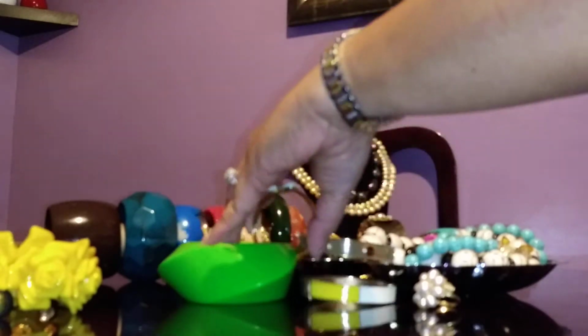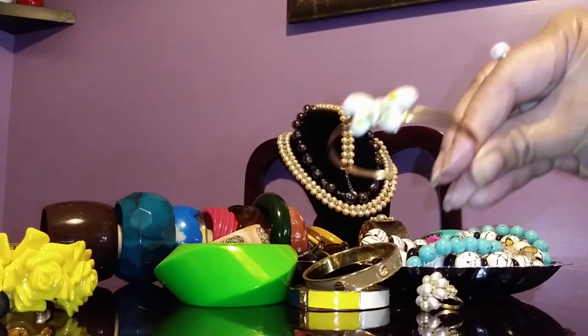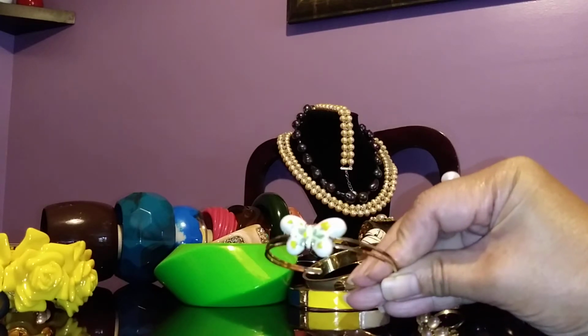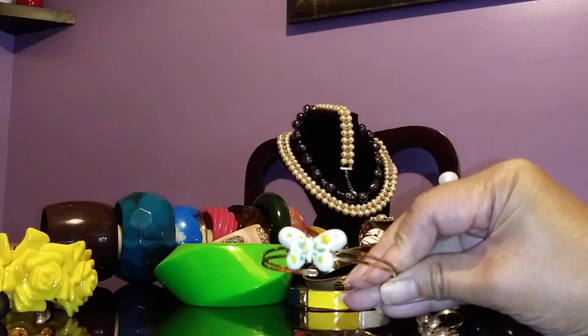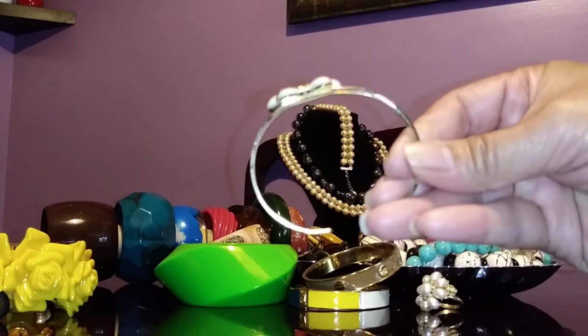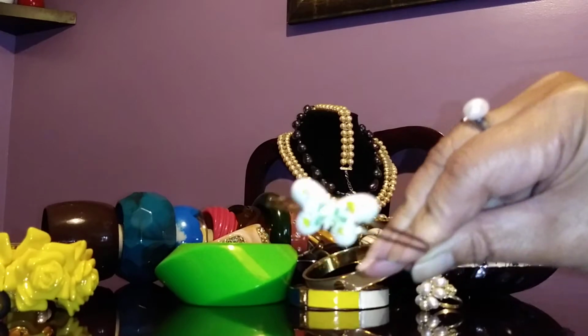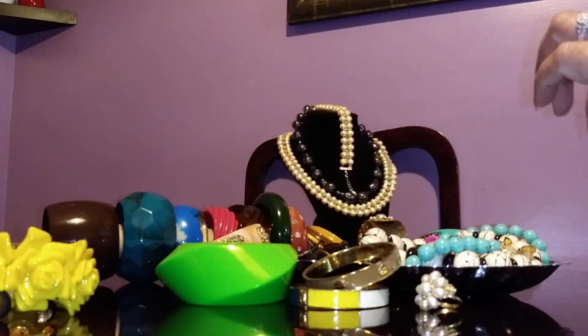Now, opposite to that would be this. This is super, super dainty, and I guess this is either porcelain or something. But look at that. It's a butterfly, and it's from Avon. And I just love it, guys, because